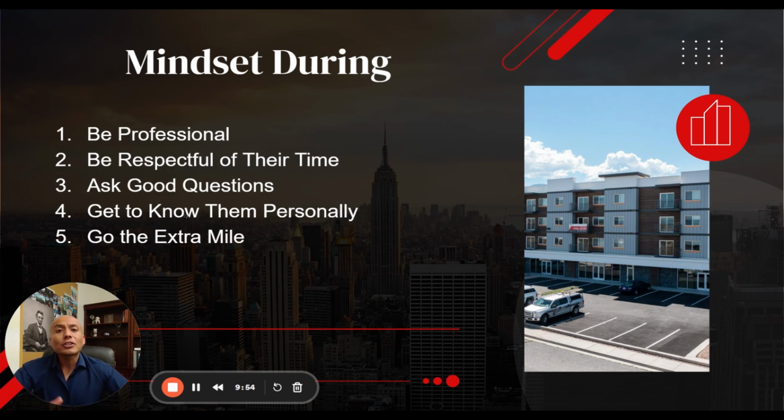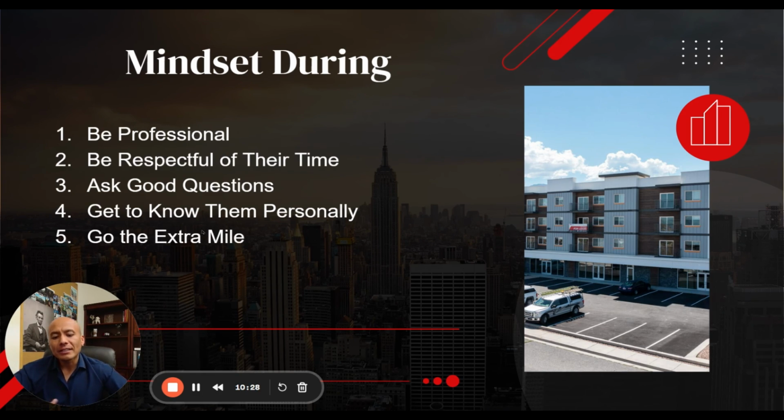Anyways, get to know them personally. Be respectful of their time, but at the same time, little by little, get to know them. What are their quirks? Do they prefer to be called in the mornings, in the afternoons, at lunchtime? What do they like? Do they have hobbies? Maybe you want to start developing a closer relationship with them. But you also have to gauge it, because if you call them and you can hear in their voice that they're stressed out, that's not the right time to ask whether they like pickleball or tennis.